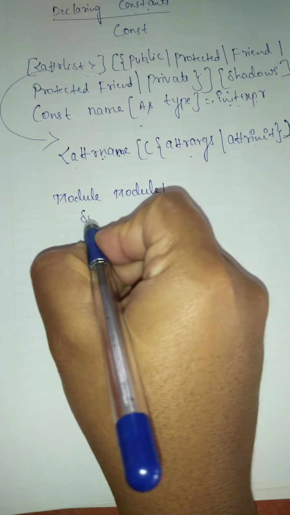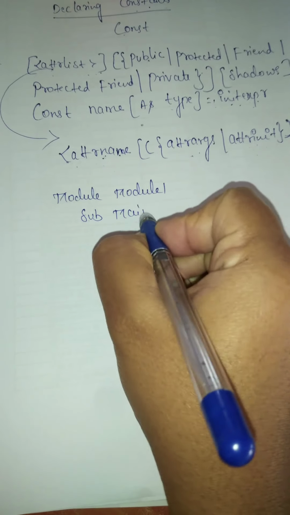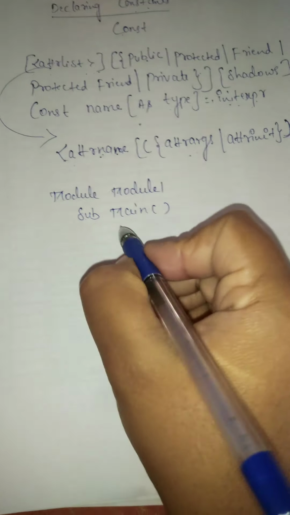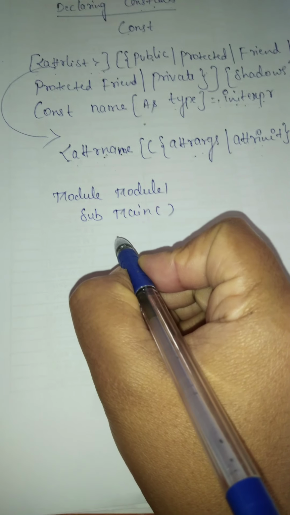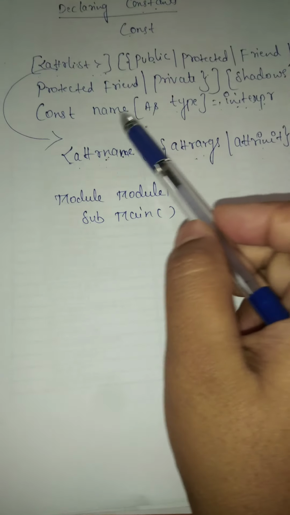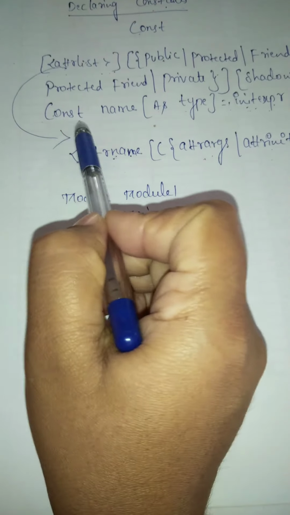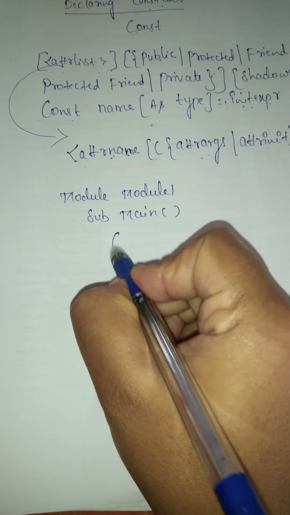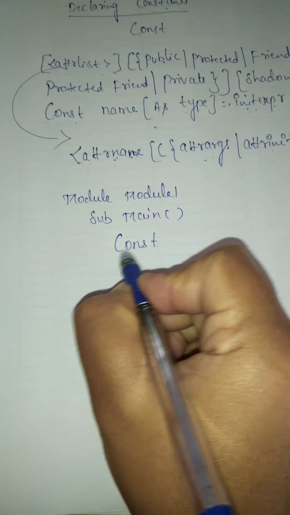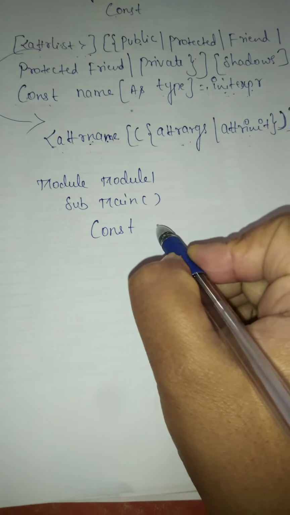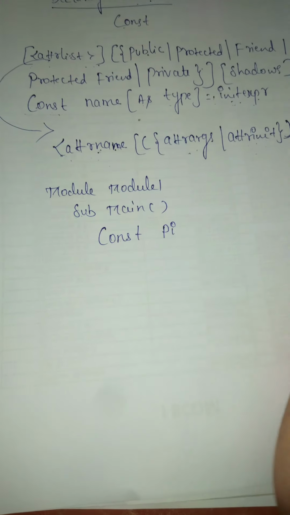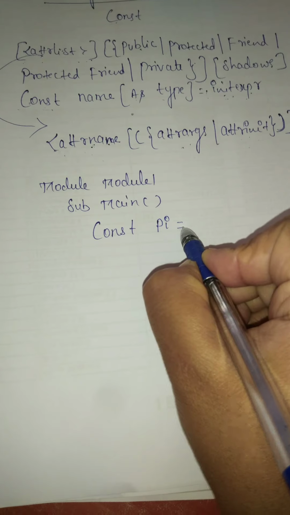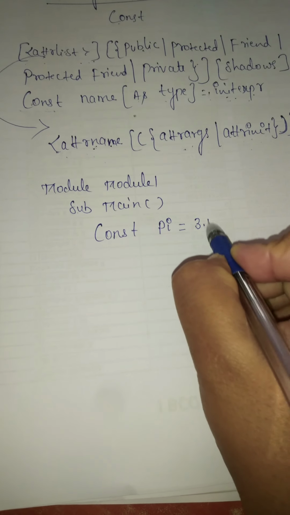For this I am going to write one module here, that is Module1. Then inside this we are going to write a Sub procedure Main. Here I am going to declare one constant pi. I am going to give the name of the constant as pi. If I take all this as optional, when declaring constants, what is the first keyword you have to write? The keyword Const. In order to declare a constant, what is the keyword you have to specify? Const. Then what is the constant name I am taking here? I am taking the constant Pi, and that is equal to, I am assigning a value for this pi, that is